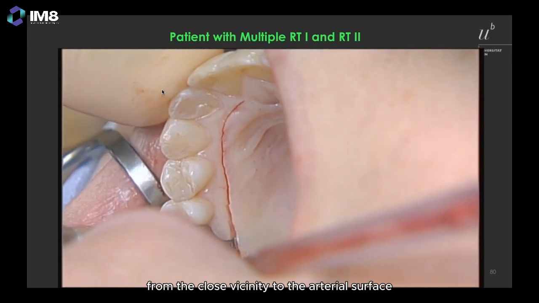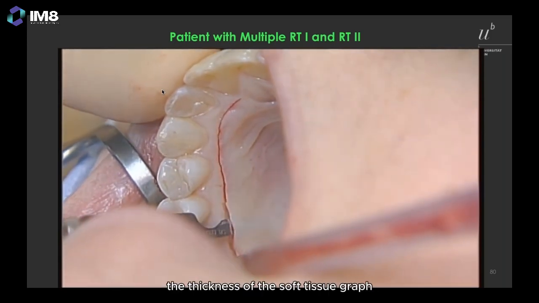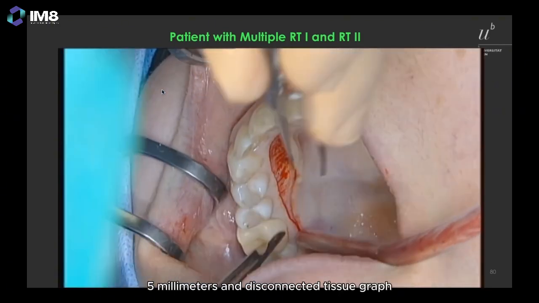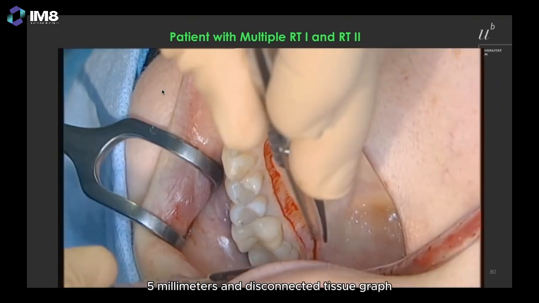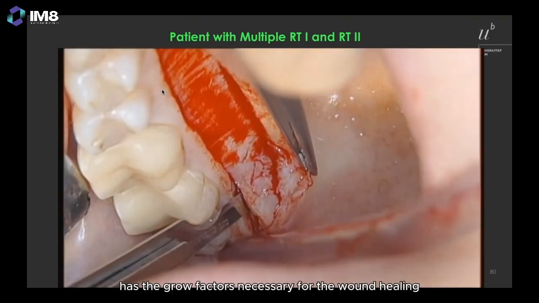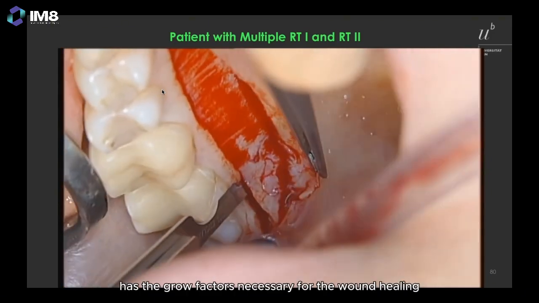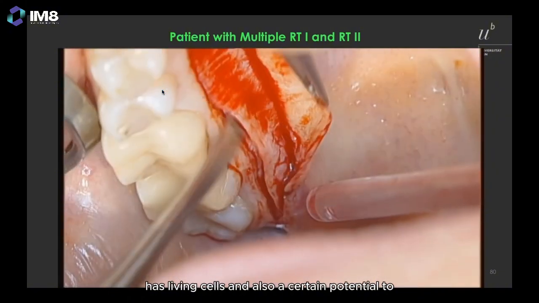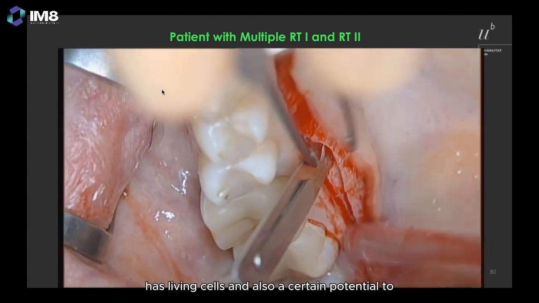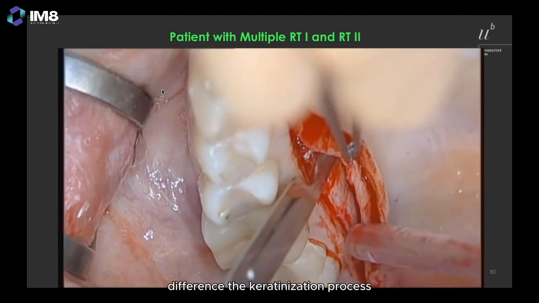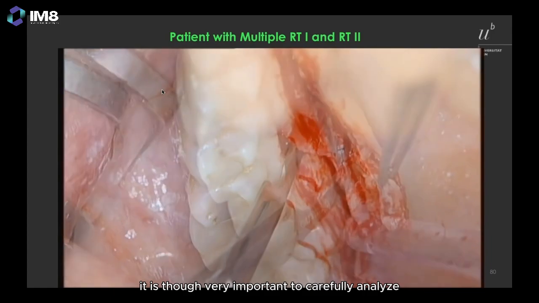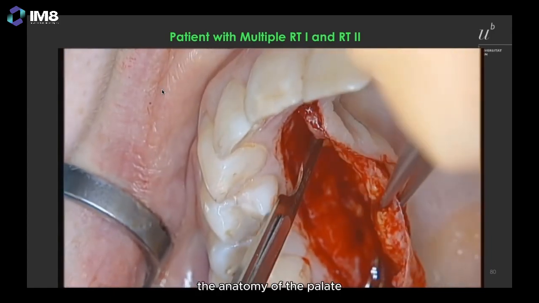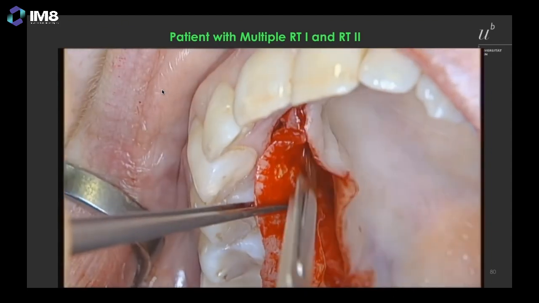the epithelial surface. The thickness of the soft tissue graft is of about 1 to 1.5 millimeters, and this connective tissue graft has the growth factors necessary for the wound healing, has living cells, and also a certain potential to influence the keratinization process. It is, though, very important to carefully analyze the anatomy of the palate, because we may